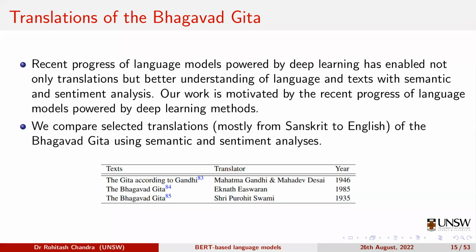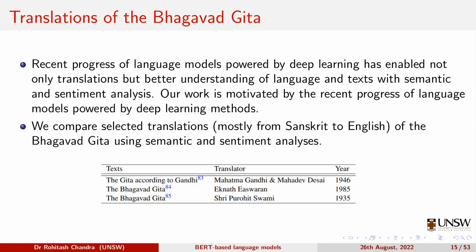One is the Bhagavad Gita by Mahatma Gandhi, translated by Mahadev Desai. Mahatma Gandhi translated the Bhagavad Gita in prison from Sanskrit to Gujarati, and he wrote a commentary about it. And then Mahadev Desai translated that translation and commentary into English. So this is a specific case where you have not a direct but an indirect translation, in two stages. Then we have the one by Eknath Eswaran,